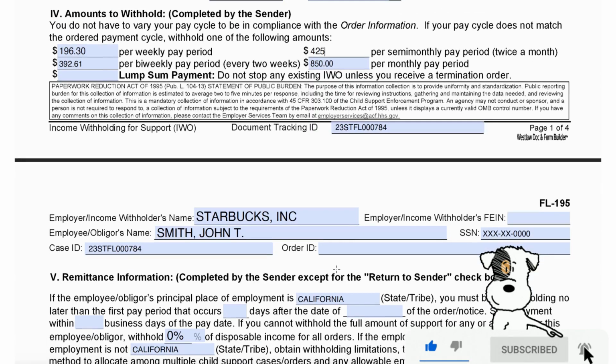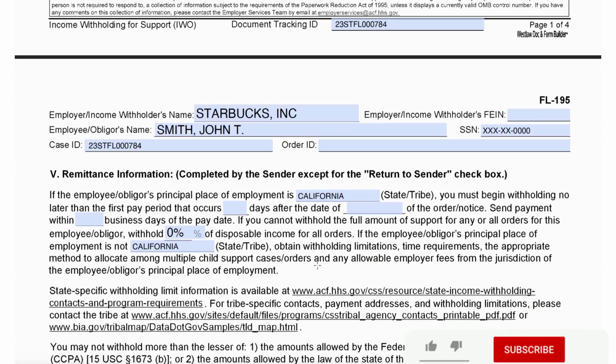Okay, let's move on. Second page. And here, of course, since we filled it out in the first form, the name of the employer, and then of course the obligor, the person paying, and then your court case number. So it's already filled out, and if you had the social, it would be here as well. And then here it's saying